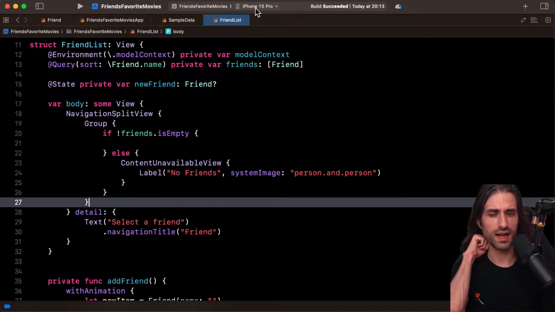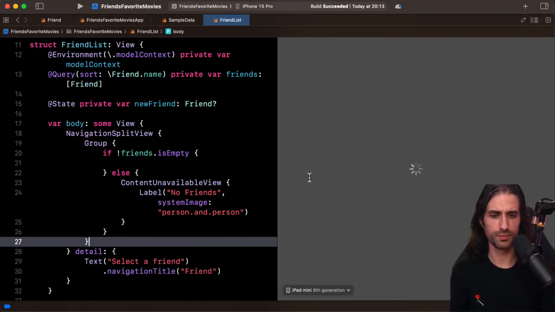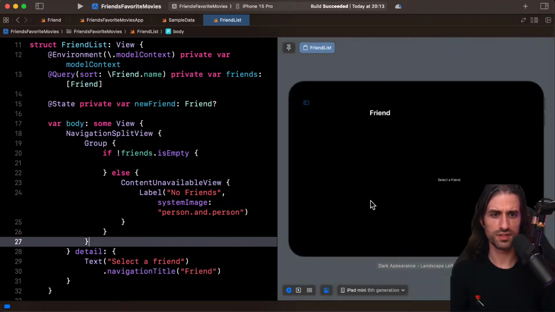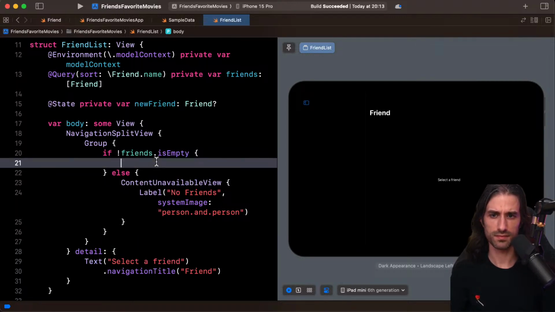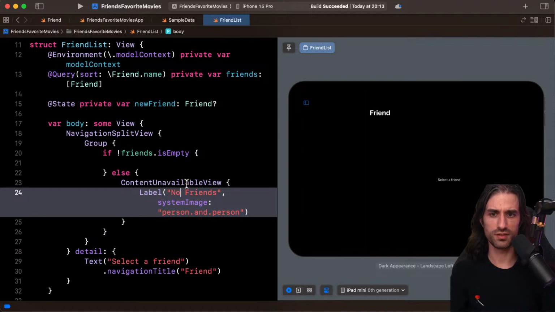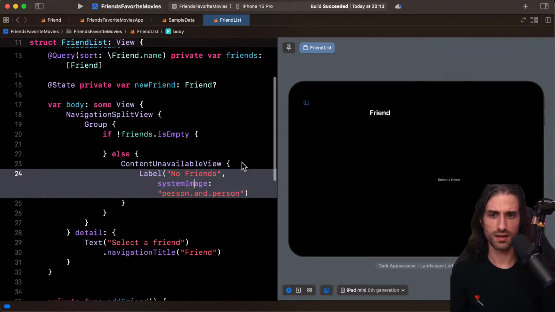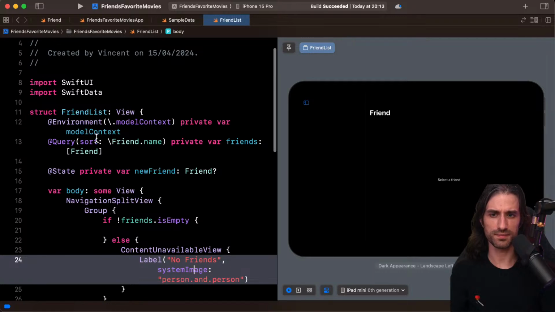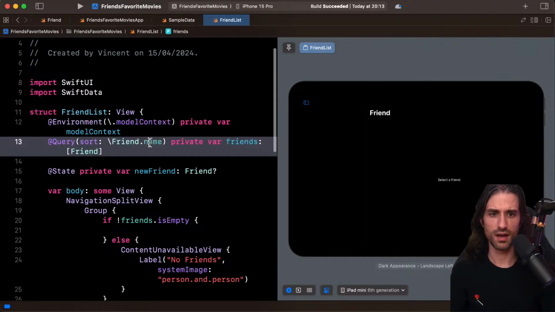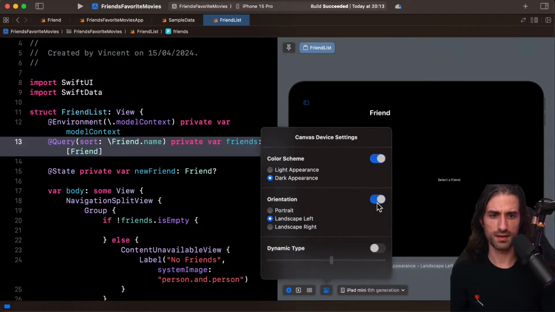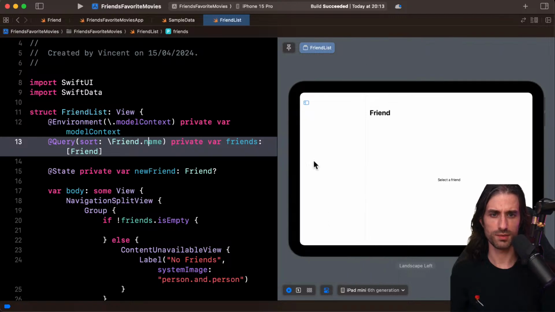Actually, you know what? At this point, let's have a look at the preview. Always good to see what it looks like. Normally, I should be able to see something here in the content unavailable. Why don't I see anything? Let me see. Just want to make sure that I'm not missing anything.